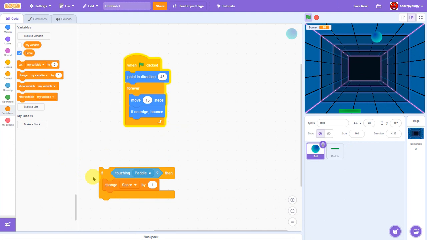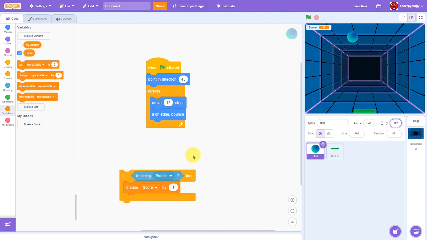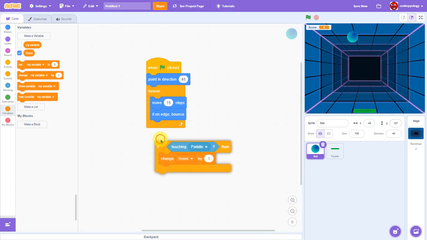That's what I'm trying to say. So now I'm going to stop this and make it bounce on it. So I'm going to bring that back. I just press Ctrl Z if you want to know. And say